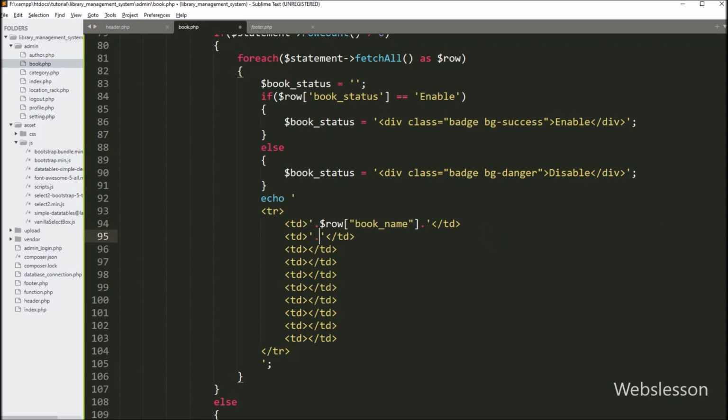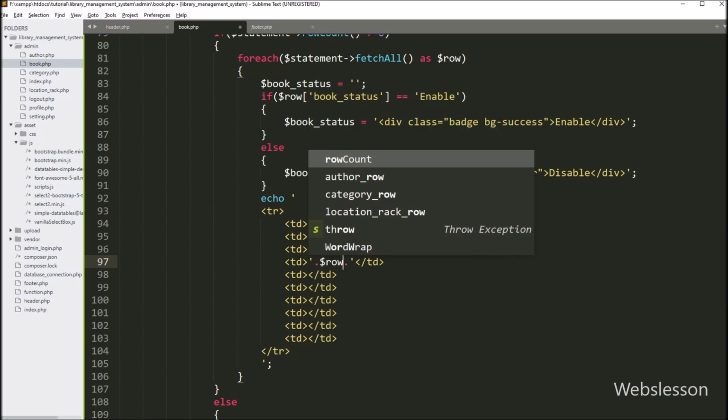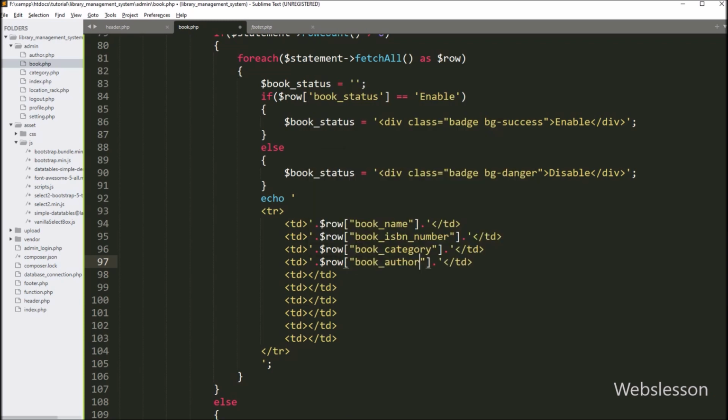In the second table column, we want to display the book ISBN number detail, so here we write the $row book_isbn_number variable. In the third table column, we want to display the book category detail, so we write the $row book_category variable. In the fourth table column, we want to display the book author table column data, so here we have to write the $row book_author variable.